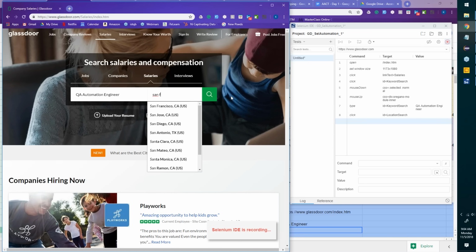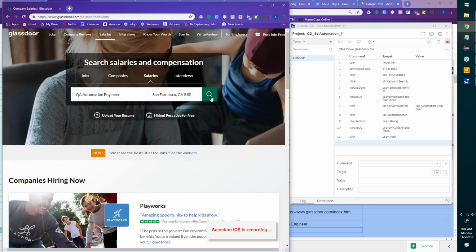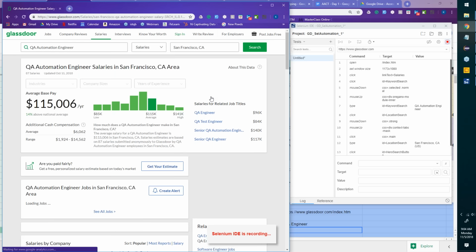Now, team, humanly, how many steps have we performed? About 5, 6 steps, correct? But out here, if you note, it has noted down 13 steps, and that is fine, maybe. I'm going to stop this, team, and I'll give it a name. I'll just say GD. What were the names that we have?